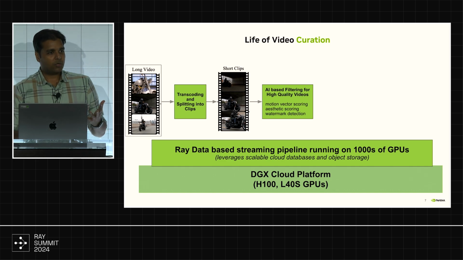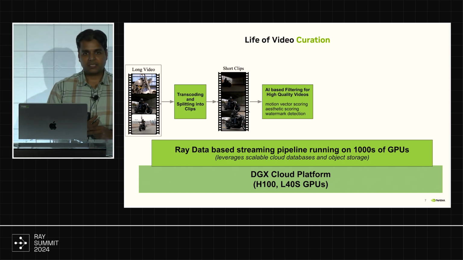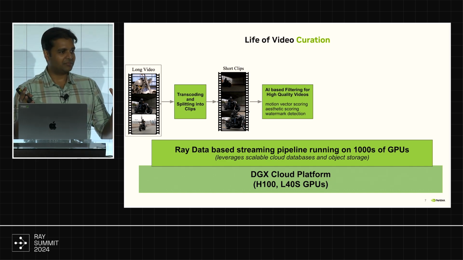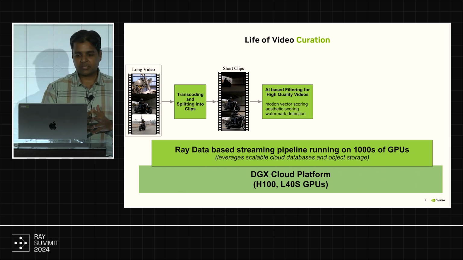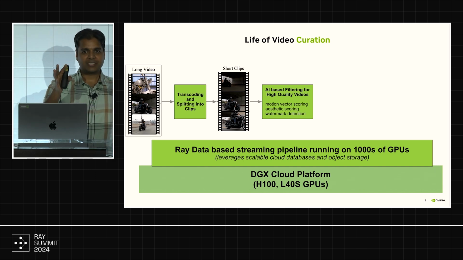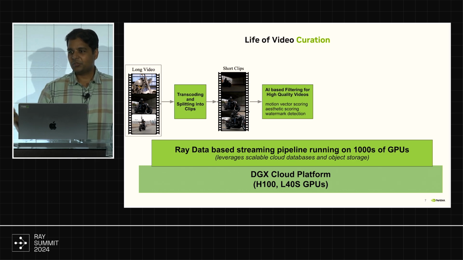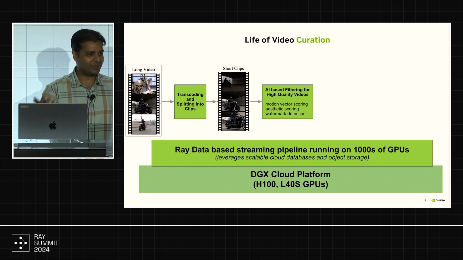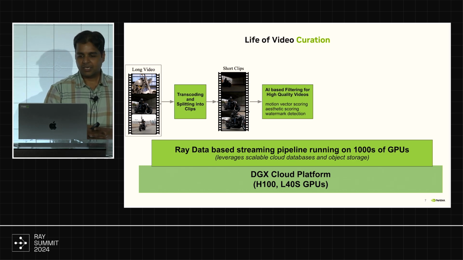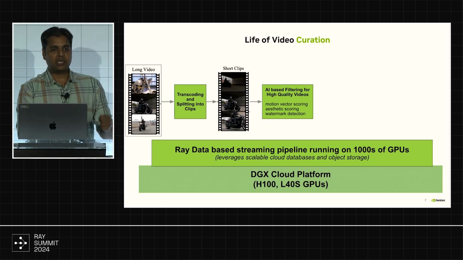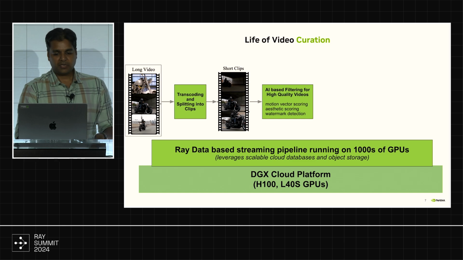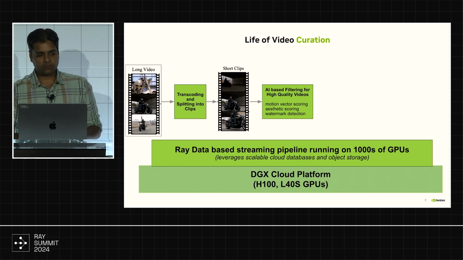Then we want high quality data, as I said. We don't want things like a PowerPoint presentation, which is not a great thing to learn from. We want to do motion vector scoring and so on. As I said, if you have a static tree in a 1 hour video, you don't want to feed all of that to a video model. It's computationally useless, right? So we run filtering algorithms to find out high quality videos and clips that we should be training on. We have a bunch of AI models that watch that.